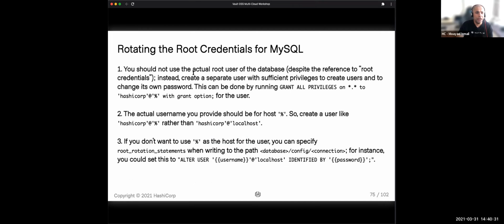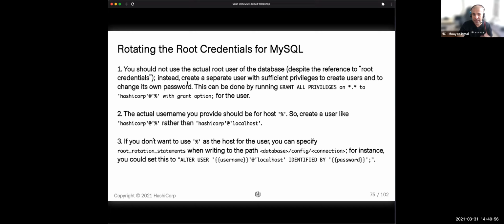There's a couple of things in terms of rotating the root credentials. As you can see, this is probably the main point I want to highlight. Typically, when you provision a database, you have a root username and password, which has full privilege, right? Now, we do not recommend that you use those credentials in Vault as the service account.